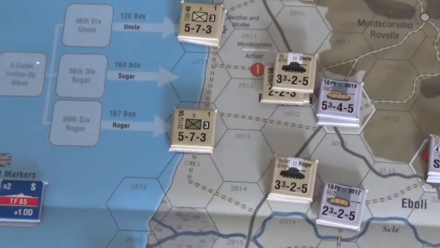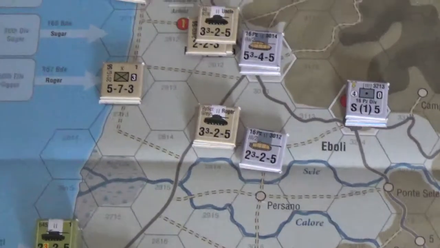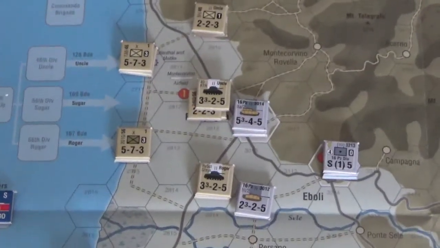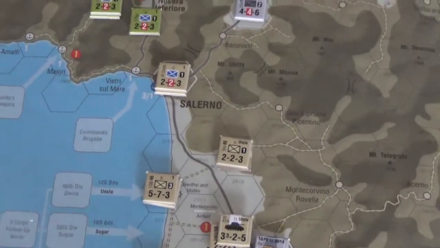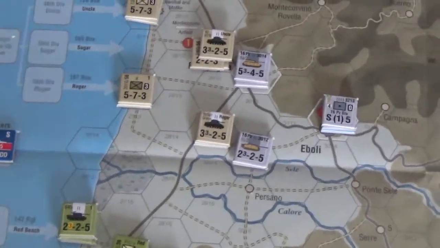But with further away from the beaches, the naval guns can't give support to the Allies, so wondering if the Germans can do a counterattack up here, kind of whittle away, or save their units and move into the hills. So